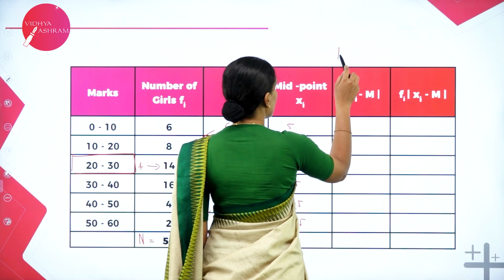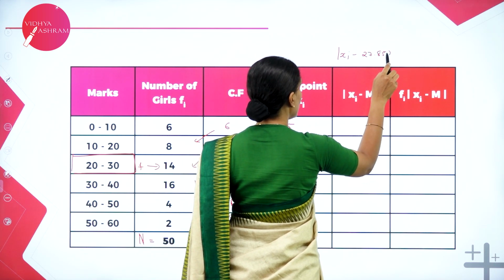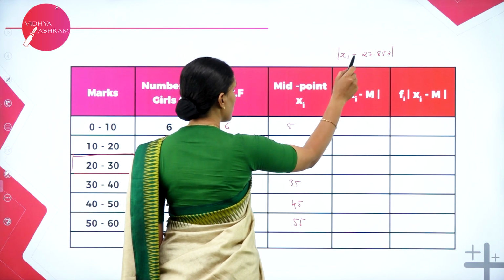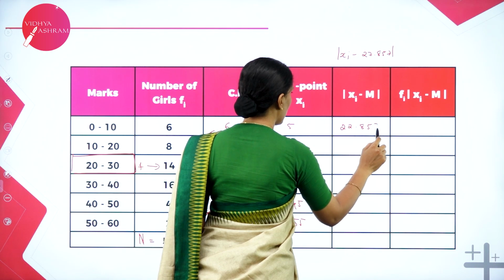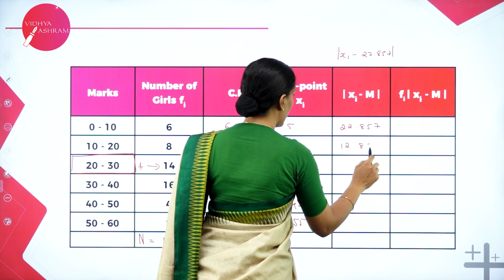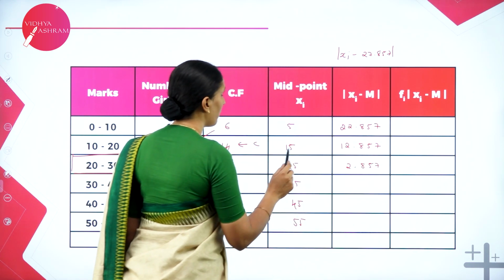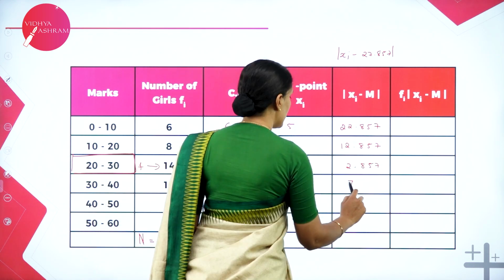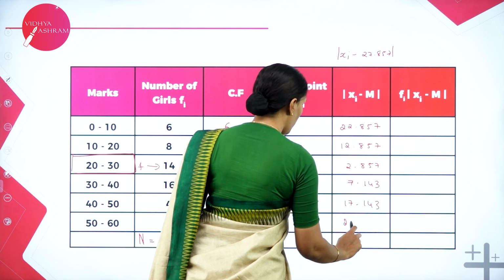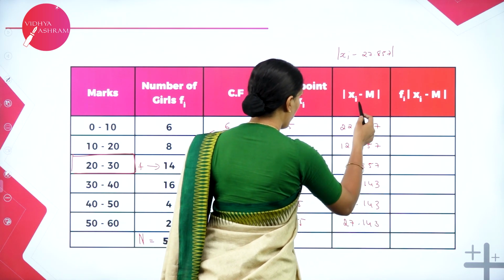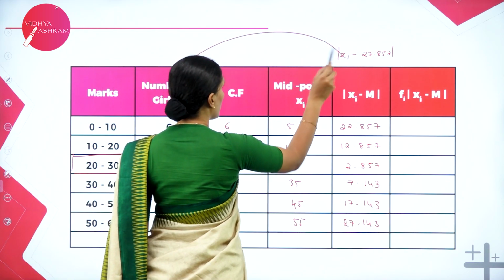So we need to take the deviations here with 27.857. So that is Xi minus 27.857. So 5 minus 27.857, we get 22.857. Next we have 12.857. Next we have 2.857. Next 35 minus 27.857, 7.143, 17.143, 27.143. So once you get the deviation with respect to the median, then you need to multiply frequency with this